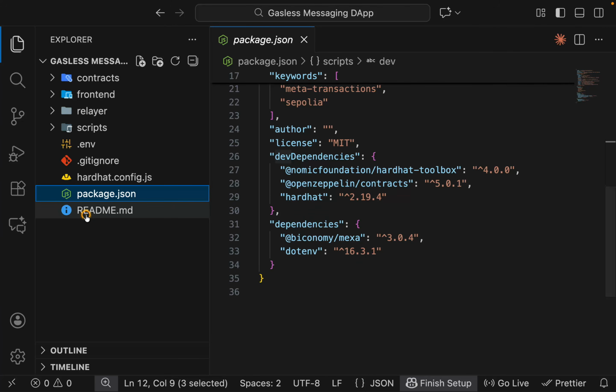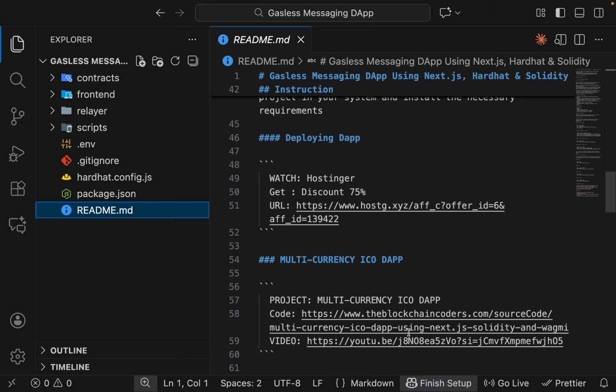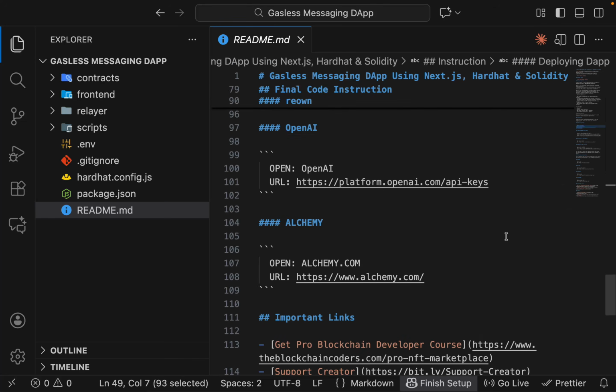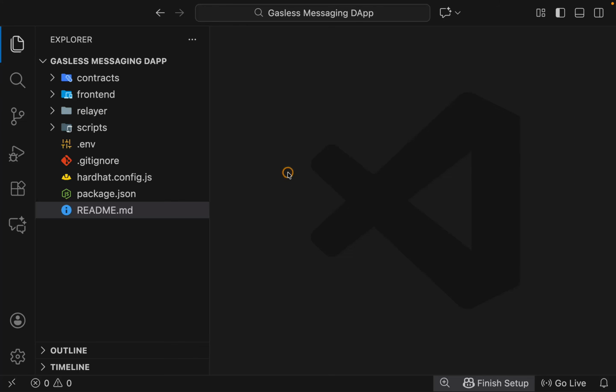If you come back to the readme file, there I have given some important links and some important information which you can check. You can also check this most advanced project. If you want to deploy, you can deploy there, and you can check other links right here. So that's all that is given. Let's close this one. I hope you have understood the complete folder and file structure we have in this